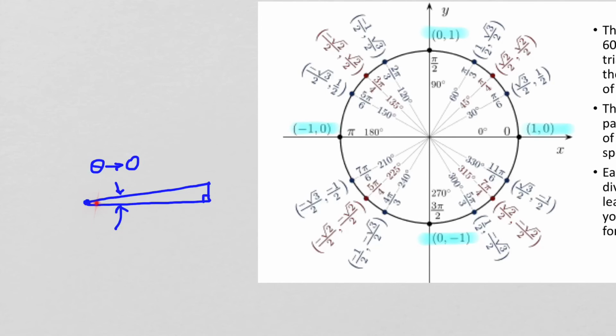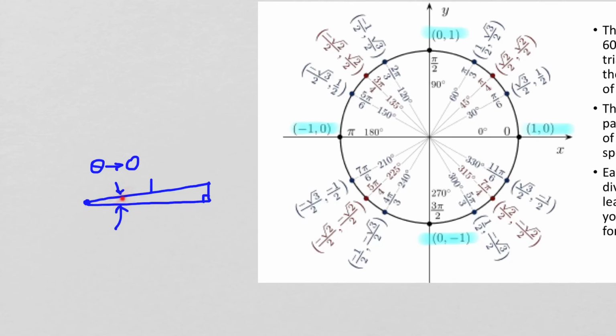Here's your origin. Here's your hypotenuse of 1 on the unit circle. And your theta is approaching 0. Of course, if it actually was 0, you would degenerate into a straight line. All right, so if we still think about this as a triangle, get that this angle here approaches 0, then